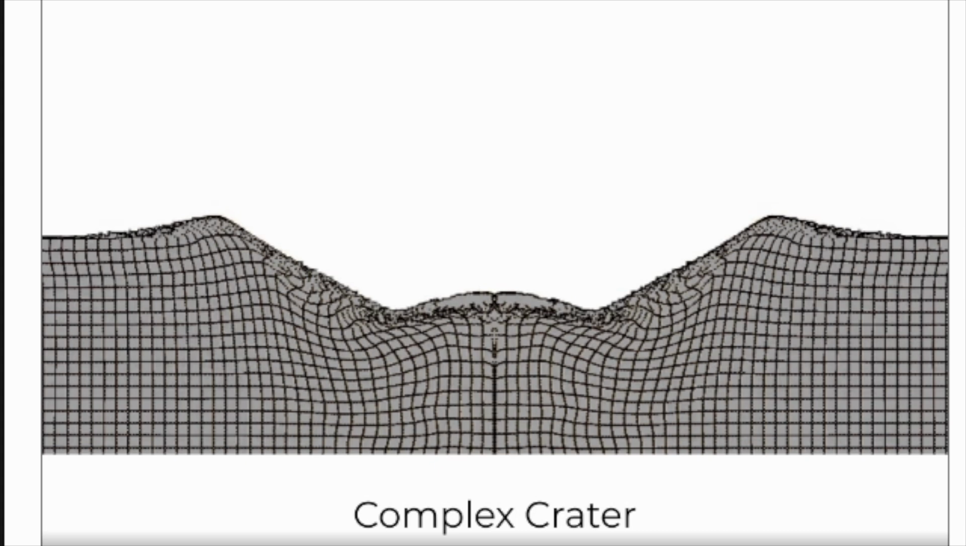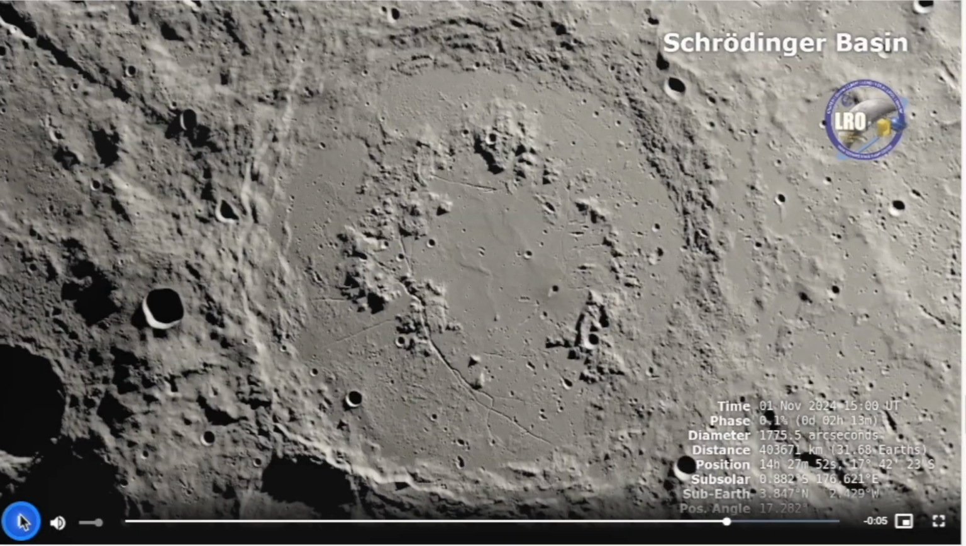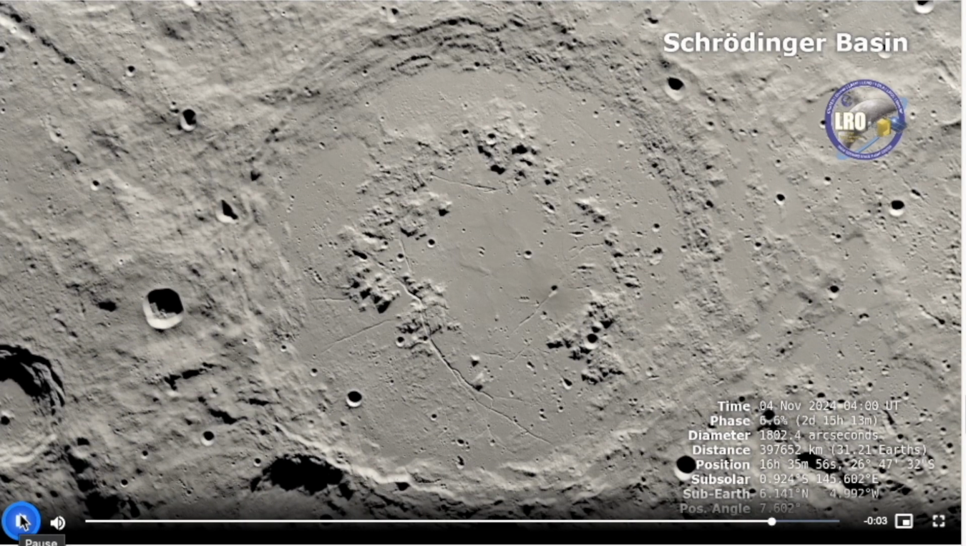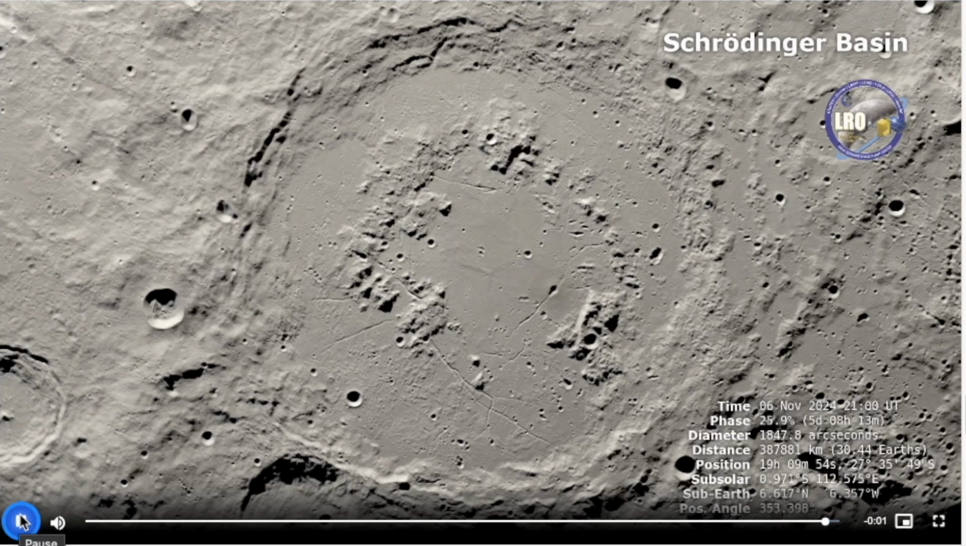Now, this animation again does not reflect the accurate timescales, but it can give us some information about how these complex craters are formed. All these animations are actually taken from NASA for our own understanding. I'm actually going to run an animation which is not a true representative and does not reflect the accurate timescales, but this is called Schrodinger Basin. It is located at the lunar south pole,